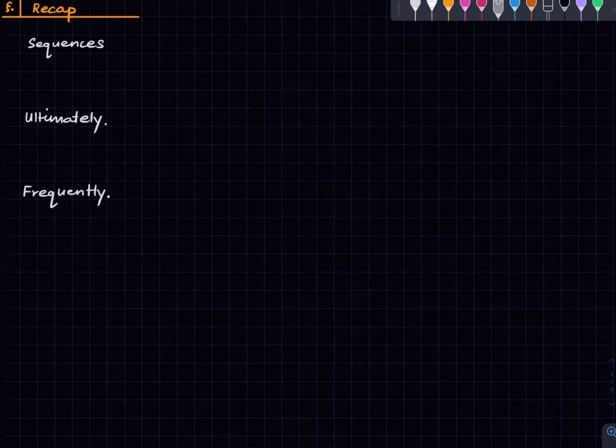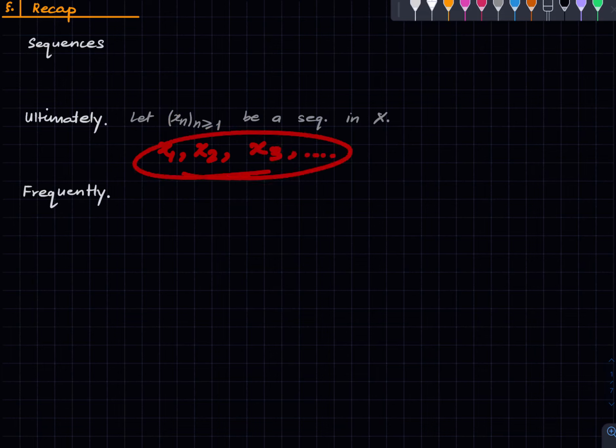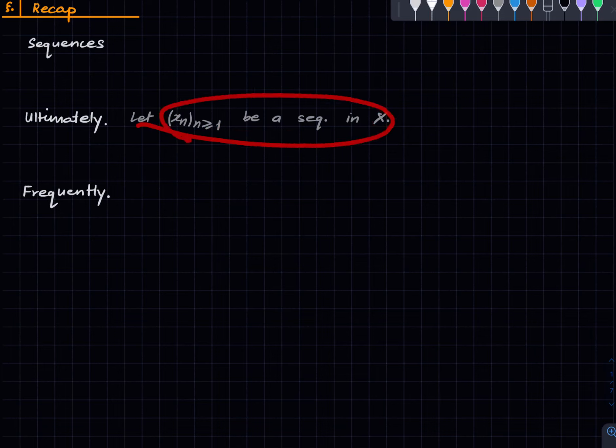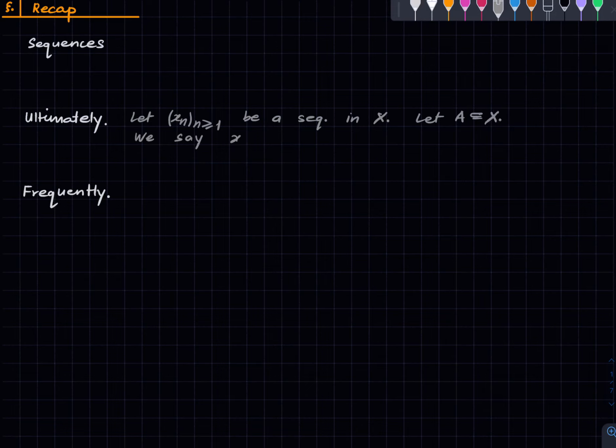So suppose we have a sequence in a set X. And once again, this is a notation. This is referring to this list. This means this infinite list. Each element here is an element of capital X. So once we are given a sequence in X and we have a subset A of X, we say Xn lies in A ultimately over N